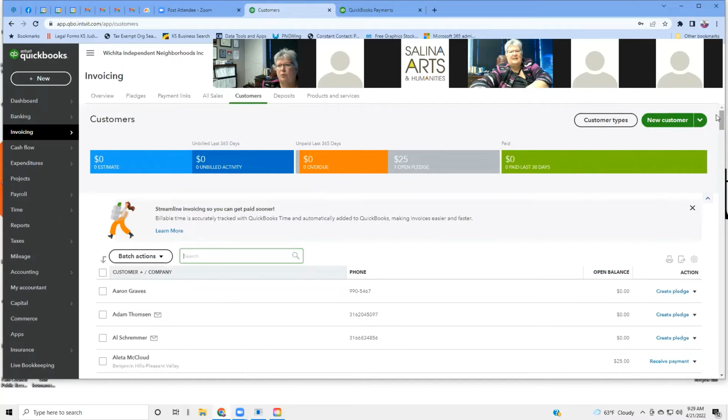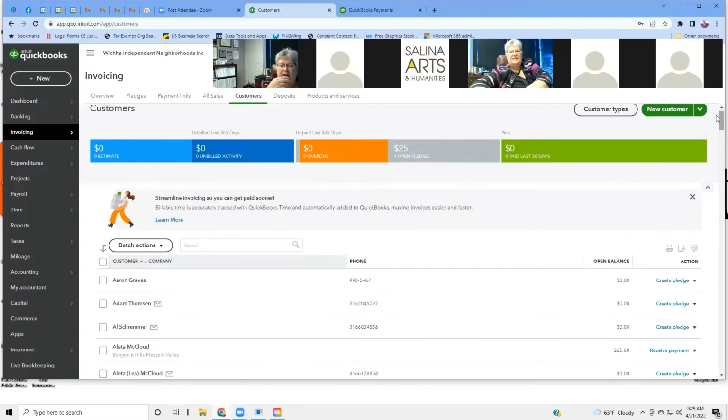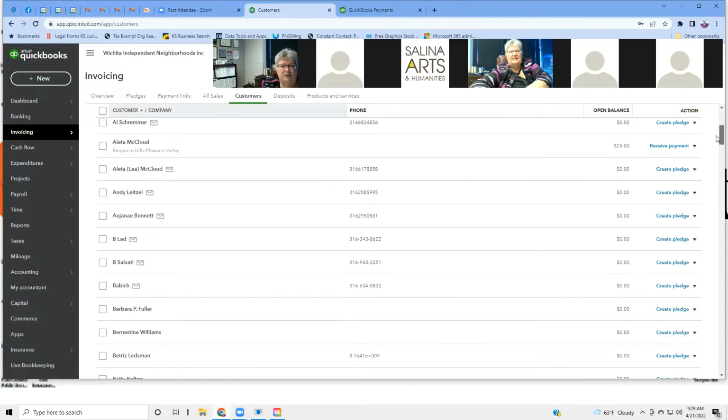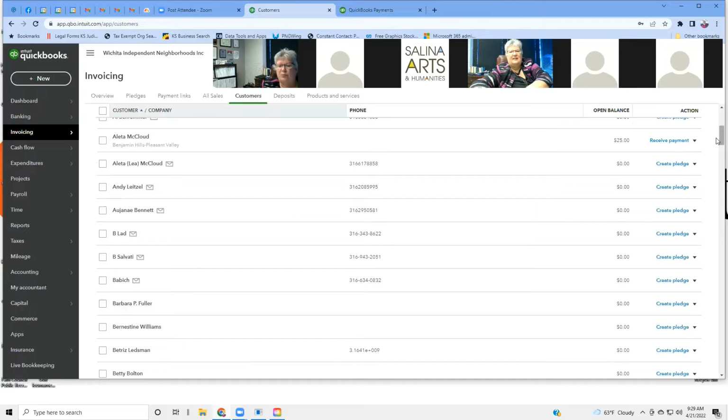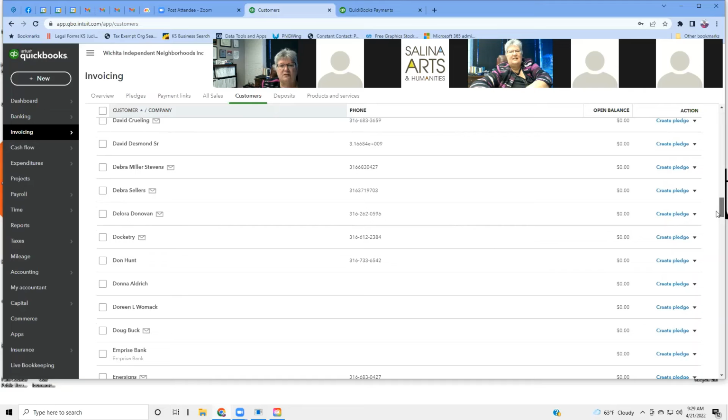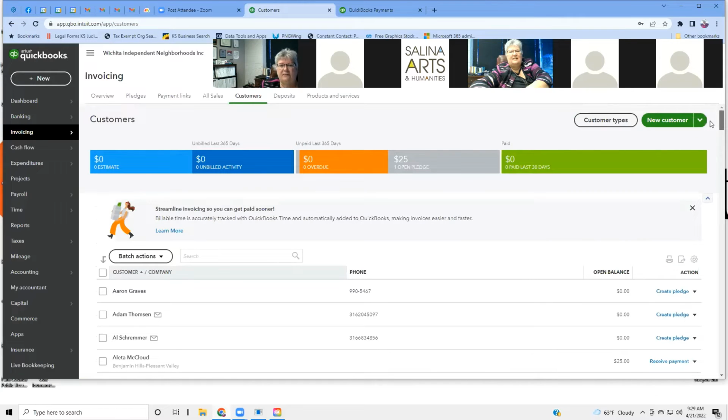So I have imported customers from a spreadsheet. If you have some way that you can export information into a spreadsheet, you can import that information into QuickBooks, so it'll automatically set these clients up. That's what we've done with this account. You can see we need to go and fill in some blanks where some of these people didn't have information in the spreadsheet. But I love the fact that